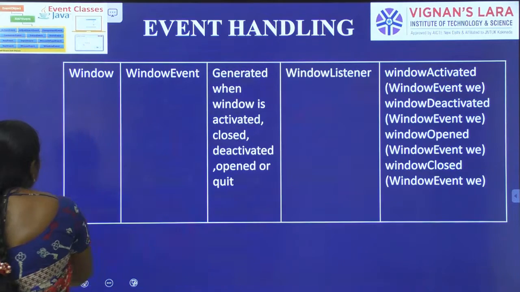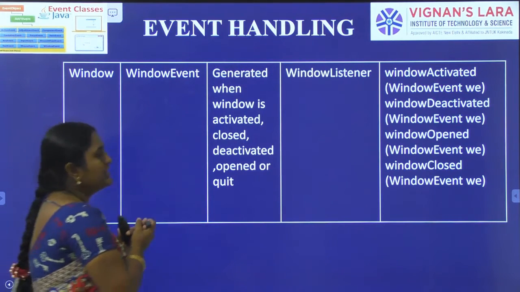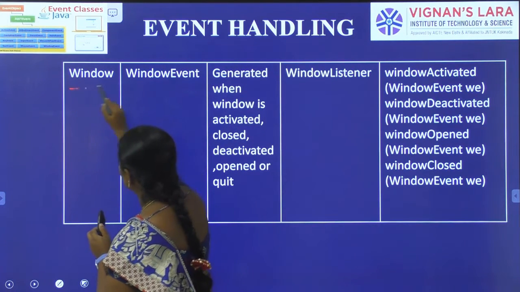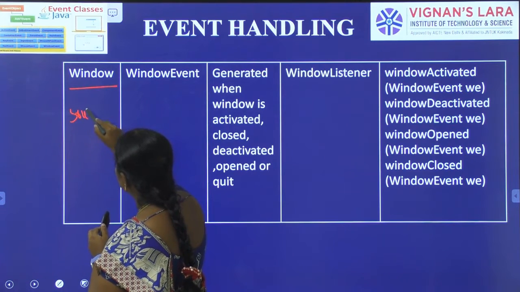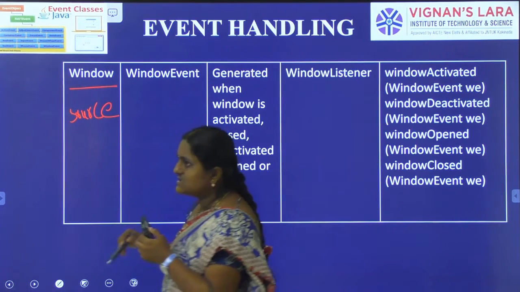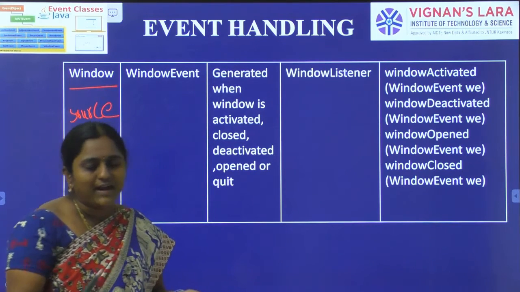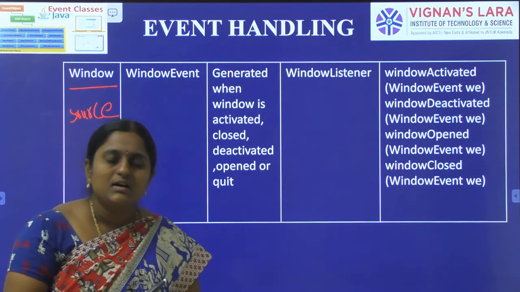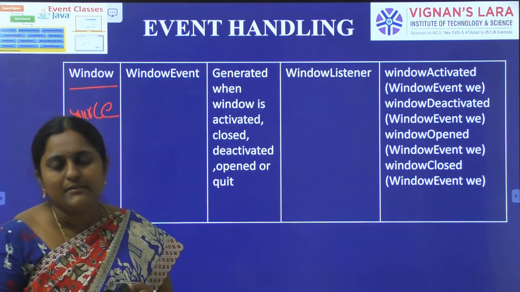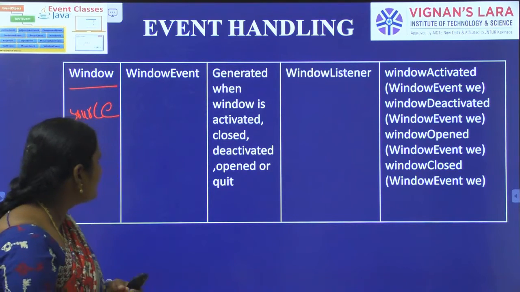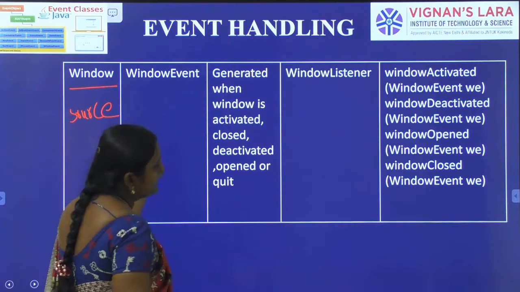Coming to the next one, window. This is the final one. Window is the source. Suppose you perform any window operations: window closed, window opened, window activated, window deactivated. If you perform any related window operations, a window event is generated.